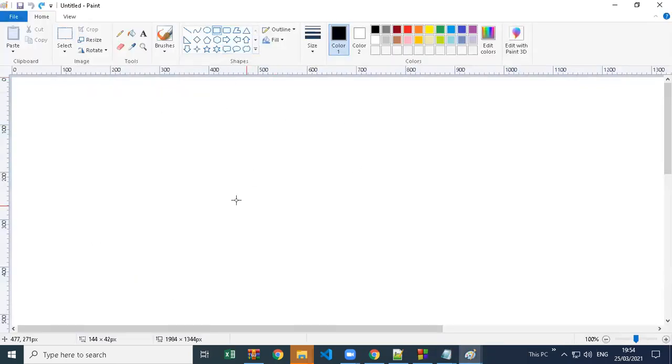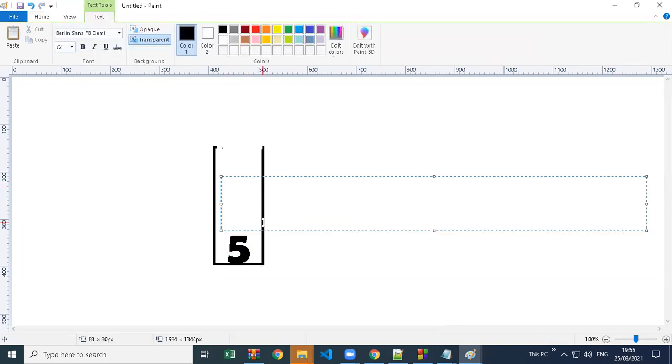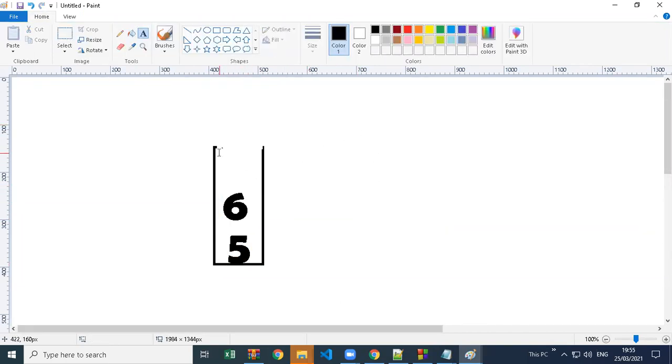So assume that you have one container, and in this container you can store your items. Let's say you can store number. So when I store the number, let's say I stored 5, then I stored one more number on top of that, 6, then I stored 7.